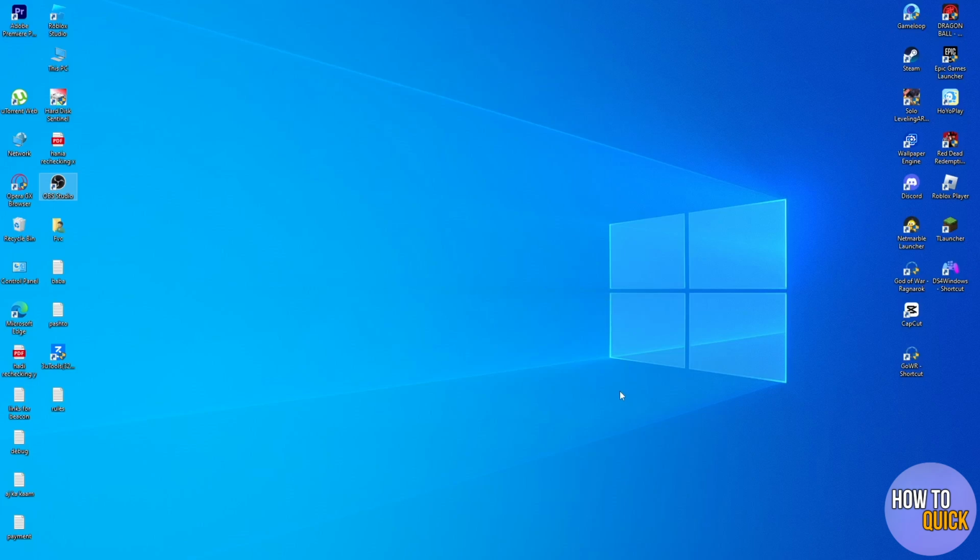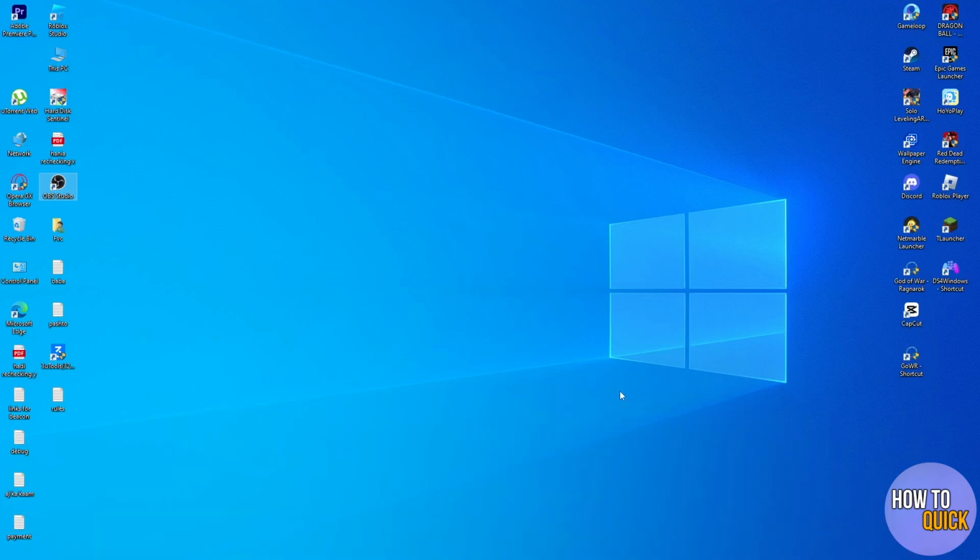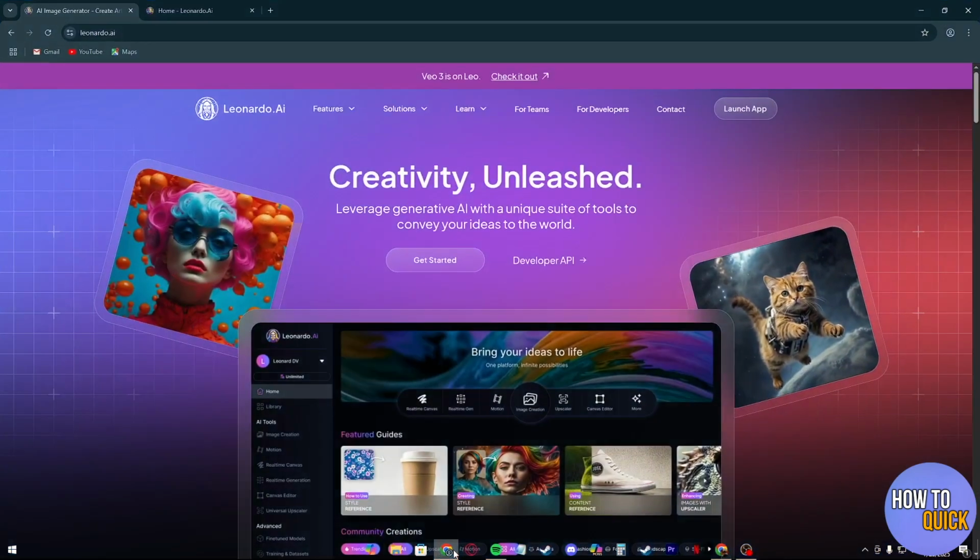In this video, I am going to show you how to use Leonardo AI. Leonardo AI is an amazing AI model which allows users to create AI-based content like videos and images. So first of all, what you will have to do is to open up a web browser of your choice